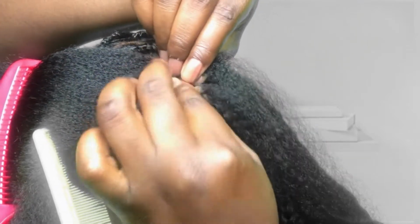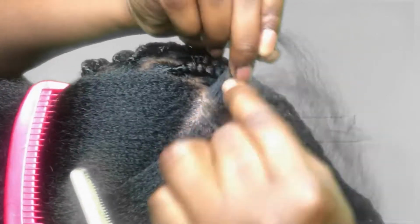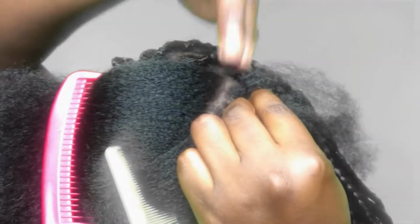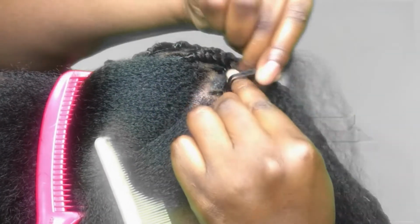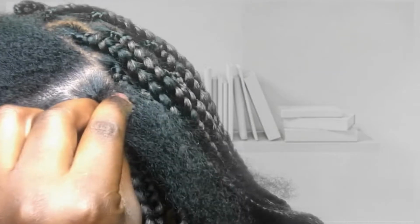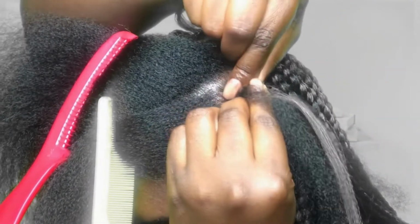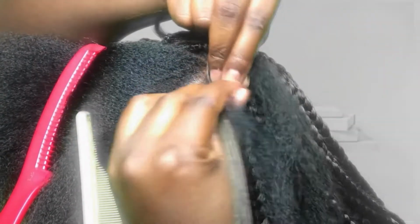And for each of the plaits, what I'm basically doing is sectioning the plait in 3 equal pieces, and then plaiting the hair like a normal plait or a cane roll method plait. And then each one of the pieces of hair, I take it and put it underneath the hair, hold it with my finger and go over and under with the plait,